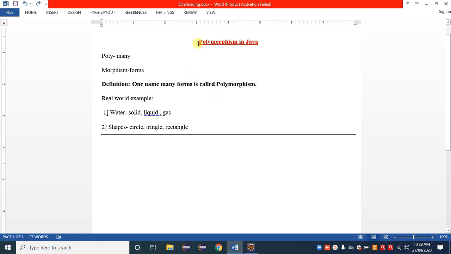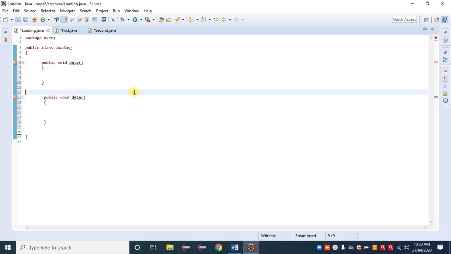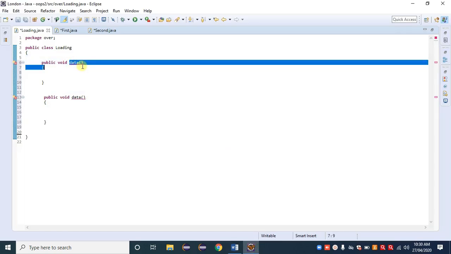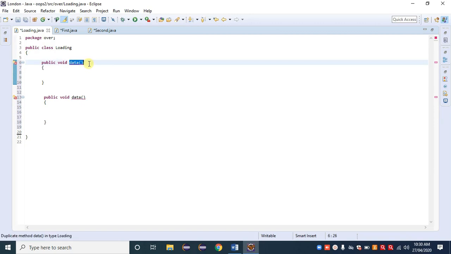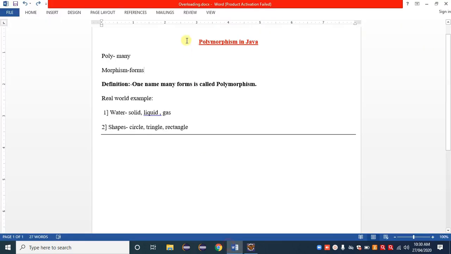So what is the use of polymorphism in Java? Without polymorphism, we can design and execute any Java program, no doubt. But if I need a similar name for methods in a single class or in a different class, or if I need the method name or constructor name to be the same, then I need to follow polymorphism rules.